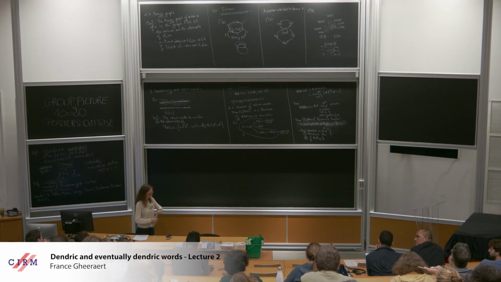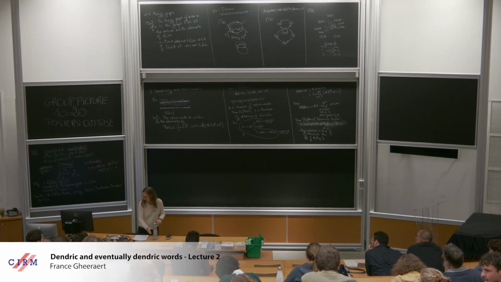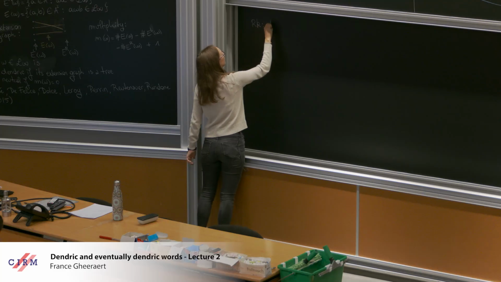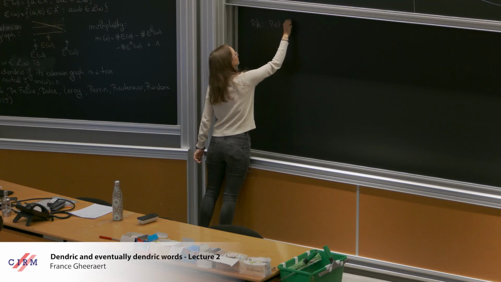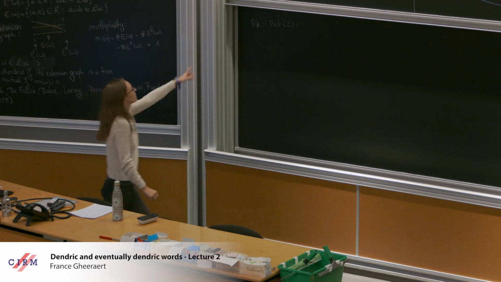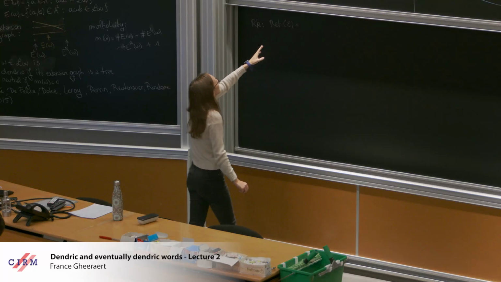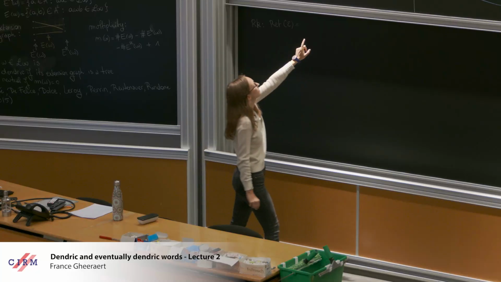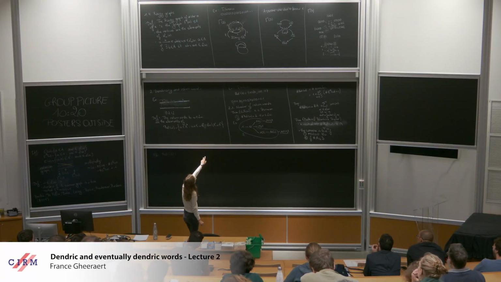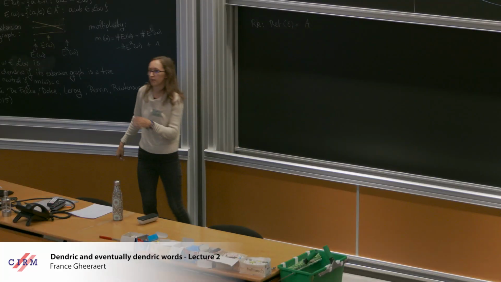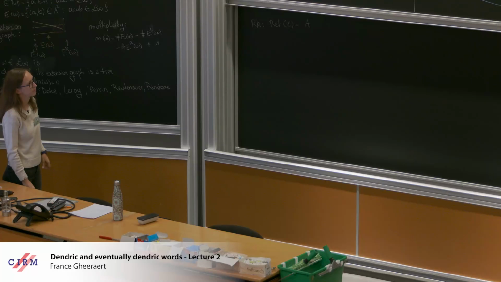Okay, one small remark I didn't make, but it's pretty obvious, is what would be the return word for the empty word with the definition we took. If you look at the definition, these are the words such that, well, W is empty, so such that U is non-empty, is in the language, and is not of length at least 2. So it's just a letter A. Okay, so the return words to the empty word are just the letters.